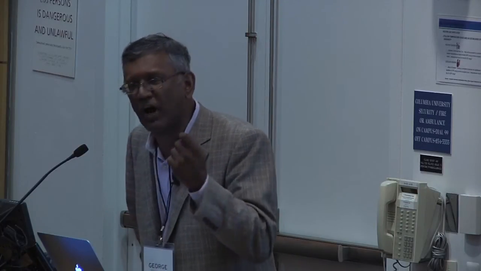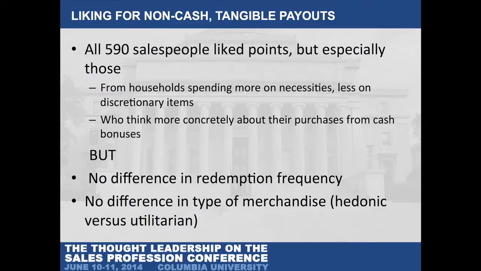The second piece is that the people who like the points are people who think more concretely about what they're going to buy with their cash. If you think of cash as just an enabling device that lets you buy happiness, you don't seem to like it as much as opposed to, I really want that vacation in Vegas, I really want that plasma TV set, that's what I'm going to buy. When they concretize what they're going to do in the expenditures, you see the people in segment 2 are more likely to tell you exactly what they're going to do with the money. With the money, not the objects, okay?